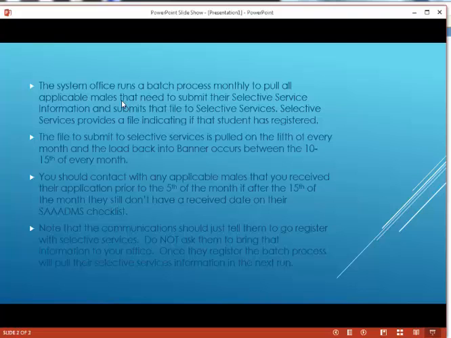If after the 15th of the month they still don't have a receive date on their SATM's checklist, because at that time that would indicate that the student is not registered with Selective Services. Know that the communication should just tell them to go register for Selective Services. Do not ask them to bring that information to your office. That would just require an end user to manually enter that. You just want to tell them to go register, because on the 5th of the next month or the month after that, whenever they register, we will actually get that data in the load, and we'll load it into Banner